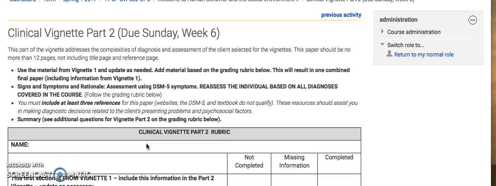This part of the vignette addresses the complexities of diagnosis and assessment of the client selected for the vignettes. This paper should be no more than 12 pages, not including the title or reference page. So please don't hand me a paper that's more than 14 pages, including the title page and reference page. If it gets out of hand, I will take off points. And this is just because it should be succinct information and